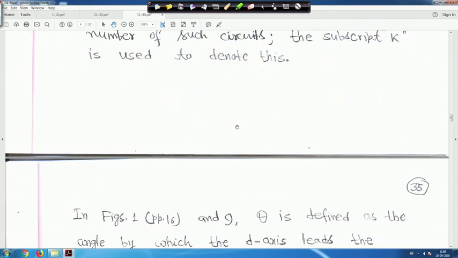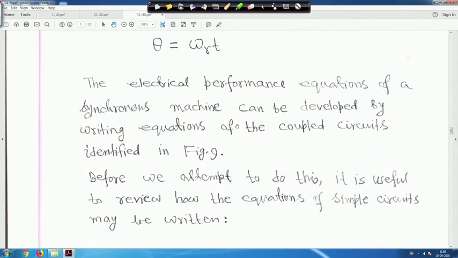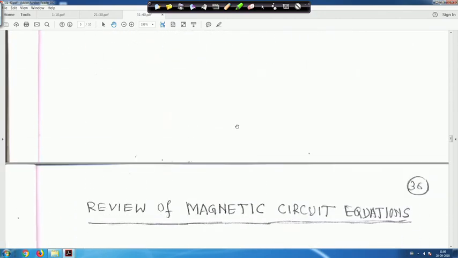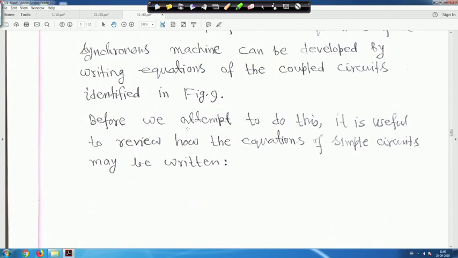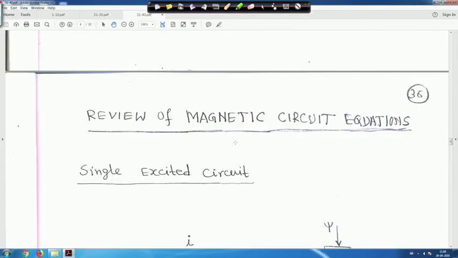Now, before going to do that, as we have to study coupled circuits, we will just brush up our memories. We have to review the magnetic circuit equations briefly, because you have already studied coupled magnetic circuits in your first year. If you want to brush up, in the first year course, Fundamentals of Electrical Engineering, which I have recorded and is ongoing now, magnetic circuits and coupled circuits are explained in detail.